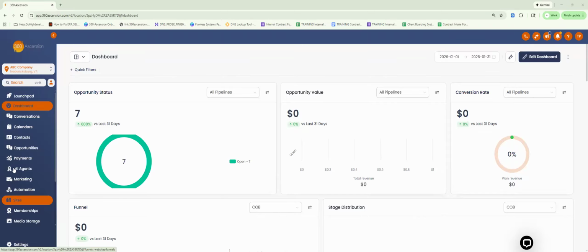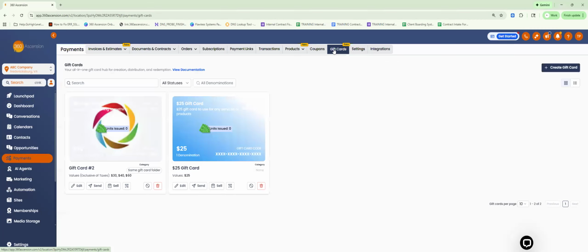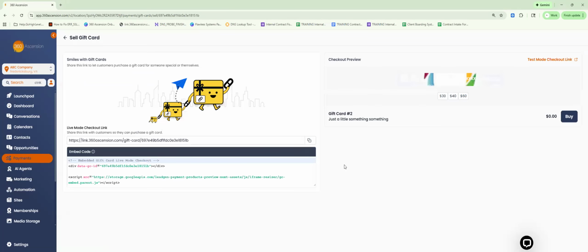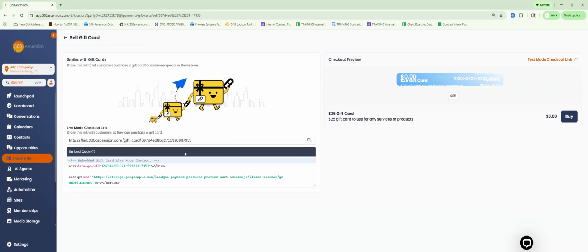So if you go to payments on the menu and then you go to gift cards here at the top. Okay, so we have our list of gift cards here. If you want to be able to sell them, there's a button down here at the bottom that says sell. So we're going to click on sell. All right, let's actually go to a different one. Let's go to one that you can actually see because I was testing the background colors and stuff. So okay, so we have our sale button. We clicked on that,